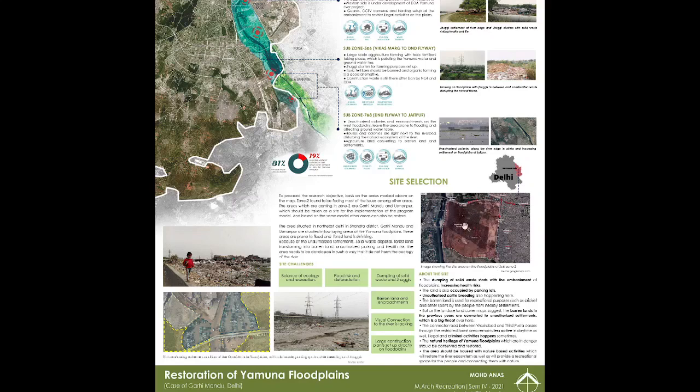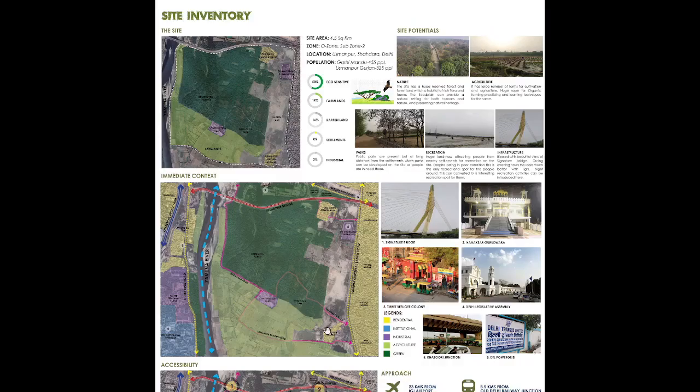This is the site, and this is around 4.5 square kilometers, which has a restricted forest area, and there are so many issues such as dumping of solid waste, unauthorized parking activities and cattle breeding taking place, and vegetation land converting into barren land. This is the condition of the site, that the whole area is abused with solid waste disposal. So this is the site basically.